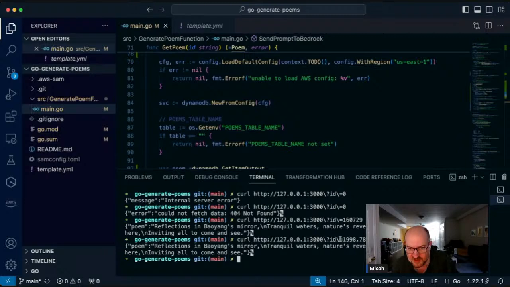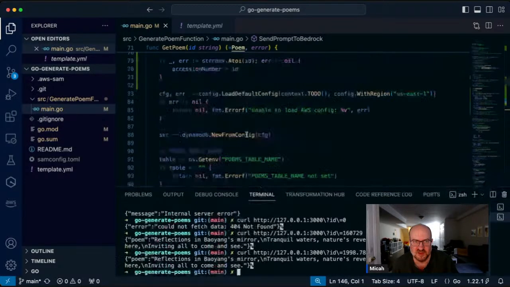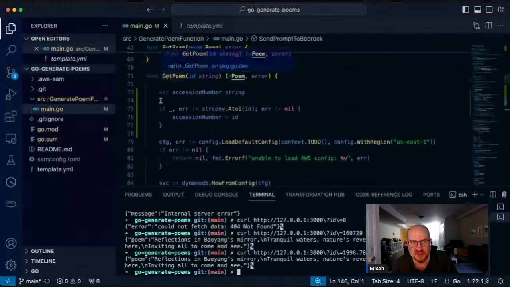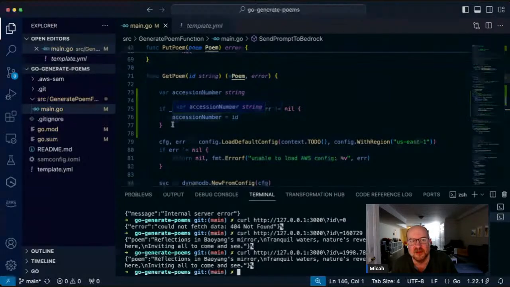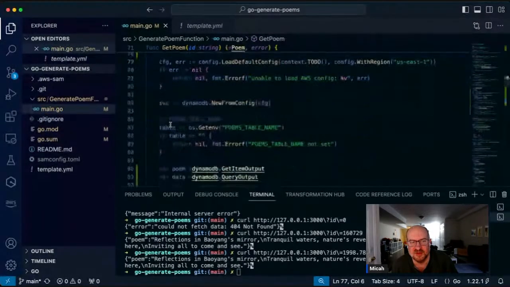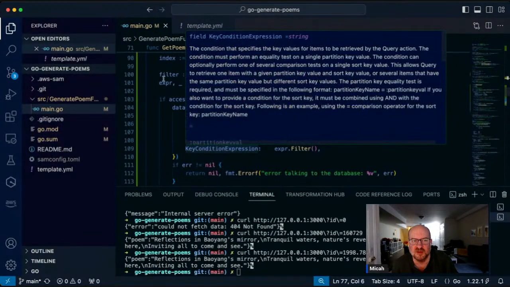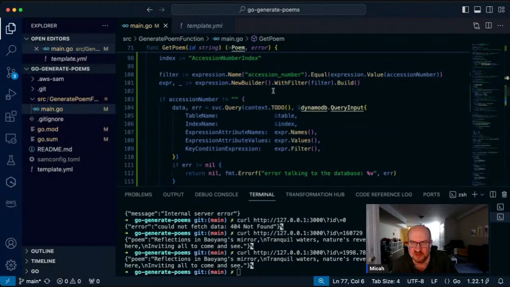So look, we passed it an accession number instead of an ID. What did it do? It did a bunch of stuff. First of all, it ran this get poem function. It figured out if that thing is an ID, an integer, or a string. And because it was a string, it did our query on our global secondary index with all this code that I'm still pretty uncomfortable with, obviously.